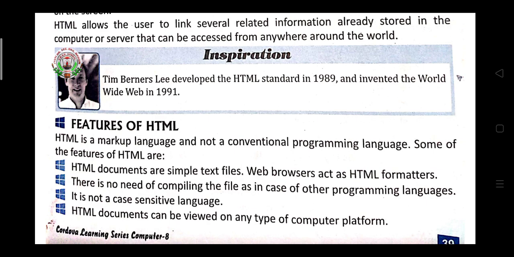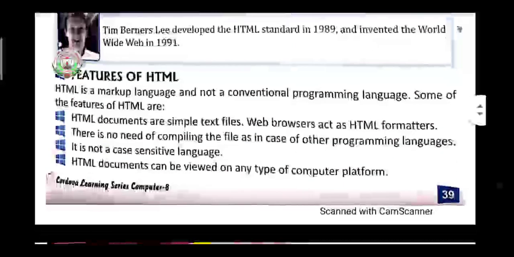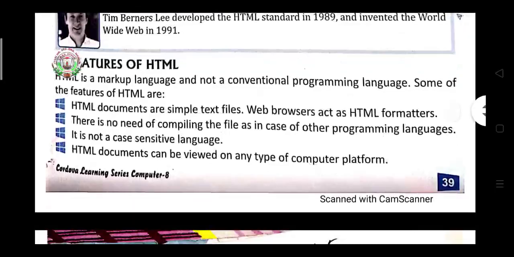Now features of HTML. HTML documents are simple text files. There is no need of compiling, as in the case of other programming languages. Other programming languages have an editor, and a compiler is also there.